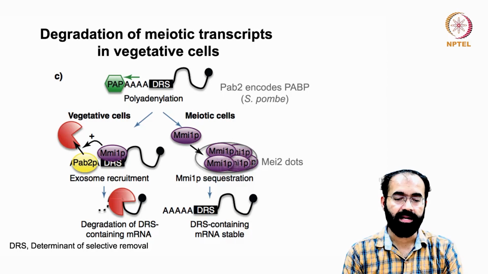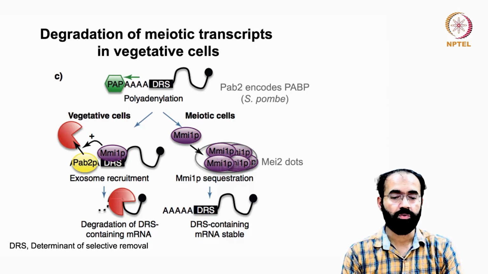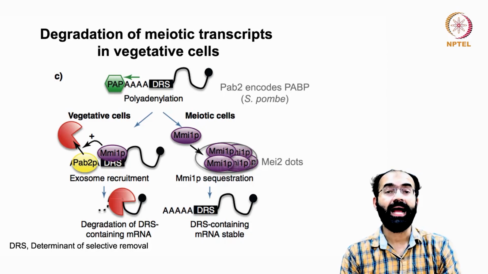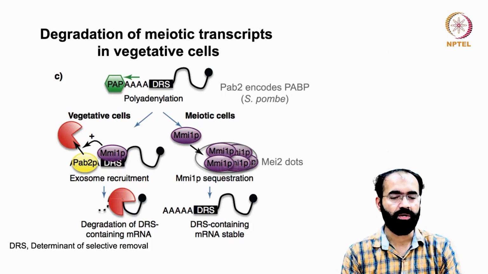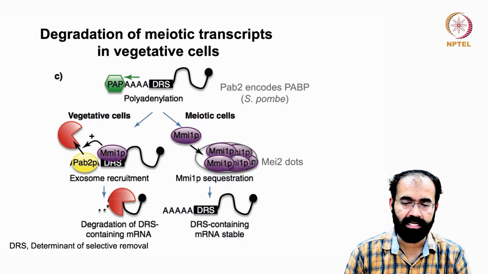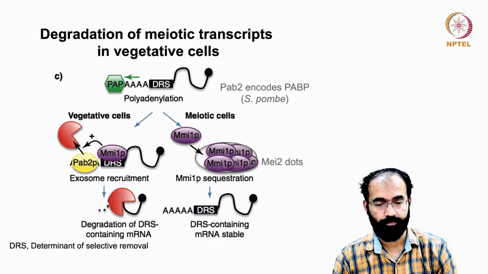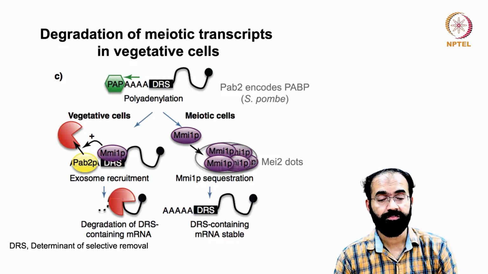DRS is a sequence that is determinant of selective removal. DRS containing RNA will be removed under the influence of MMI1P and PABP, because there is a poly A tail here, this is a 5' end, it's a 3' end, and they will recruit the exosome and can cause the degradation. On the other hand, what will happen if